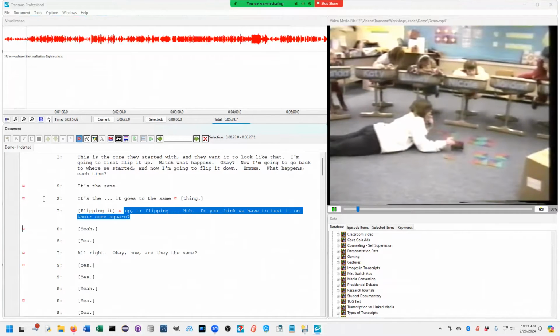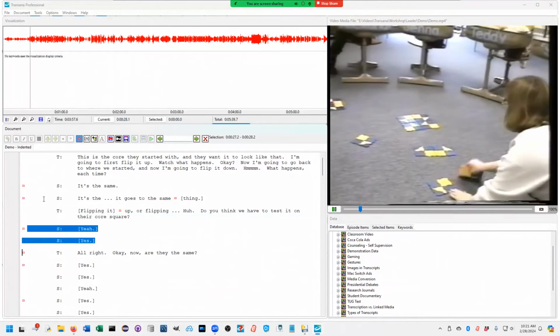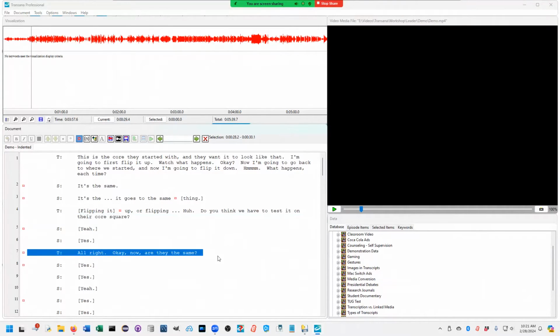it up, or looking. Do you think we have to test it on their coursework? Yeah. All right. Okay, now, And so if you're doing conversation analysis, you'll spend more time modifying that transcript than